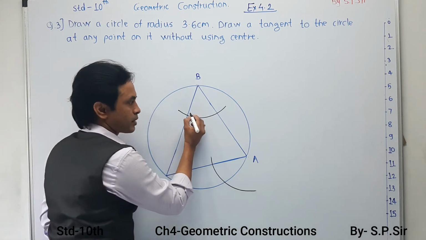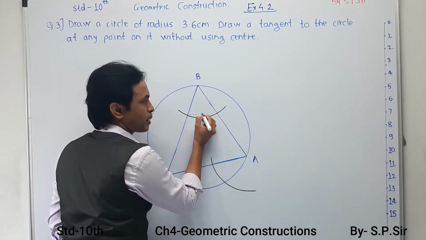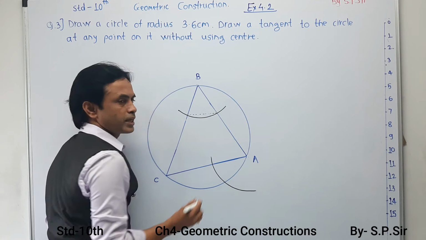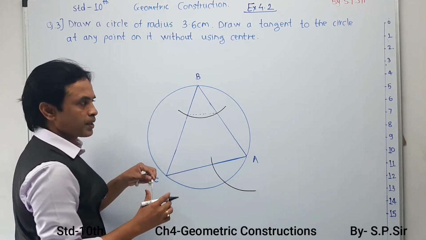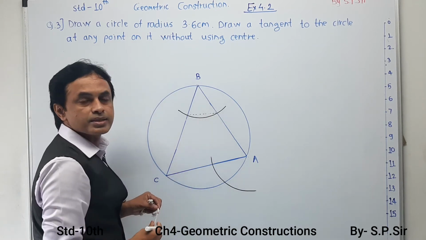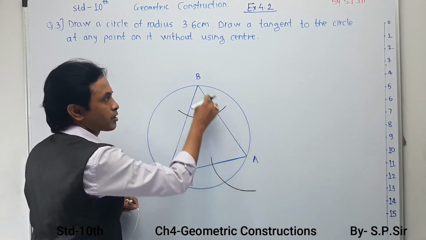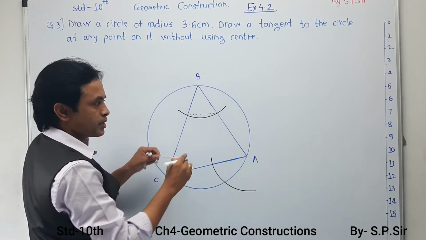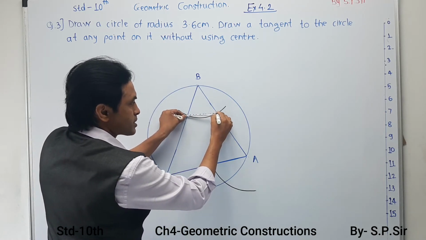Now second part, you have to take this distance over here. I am going to show you in a dotted line. Actually it is not required in examination, but you should know. Here you have to take these two vertices in terms of a point distance, such that one is a part of AB and second is a part of BC. And you have to take this distance in your compass.